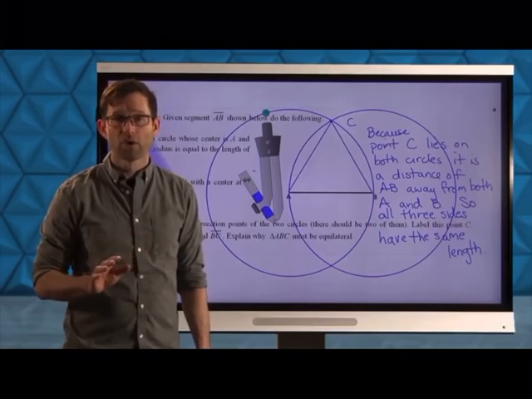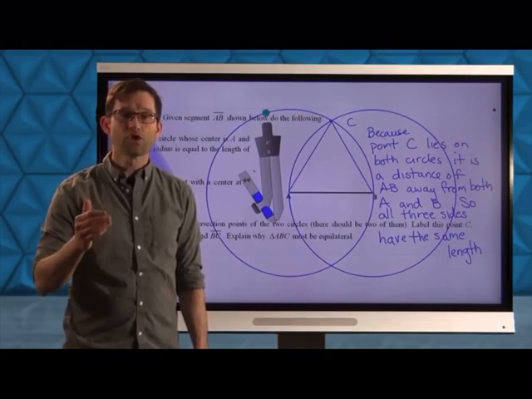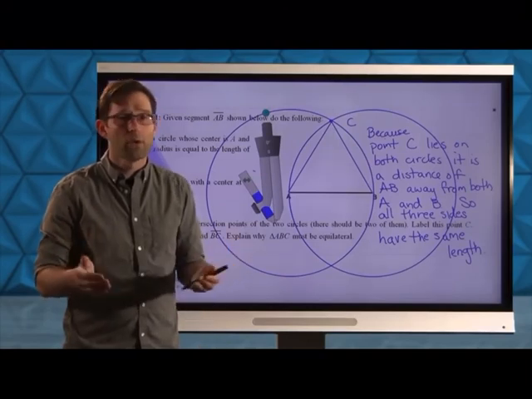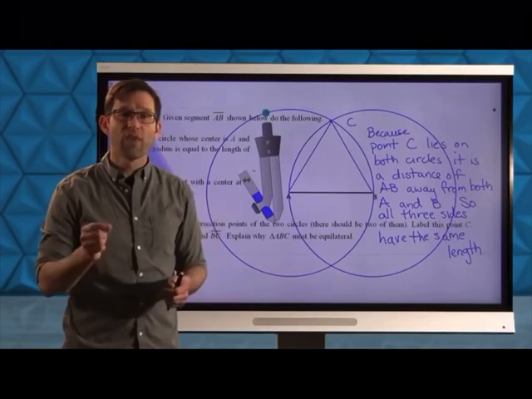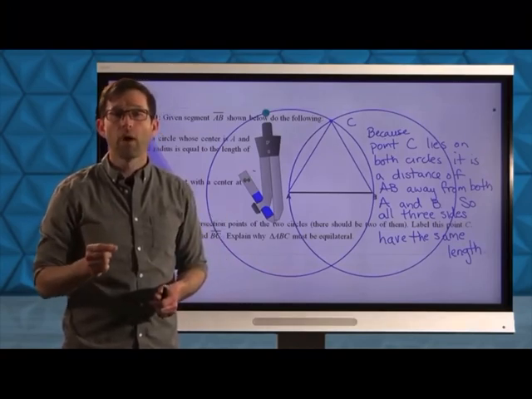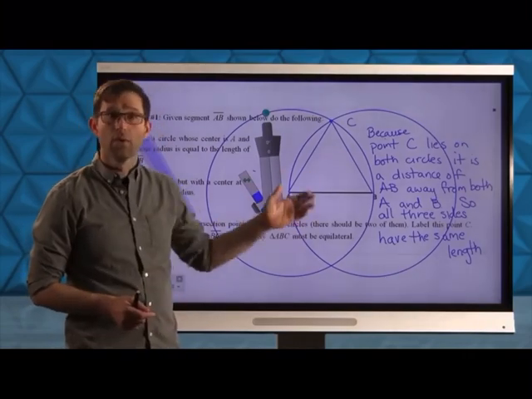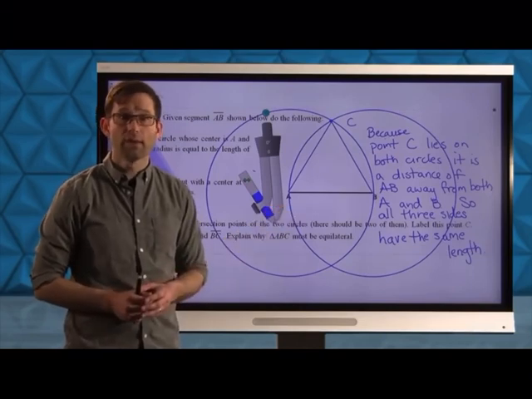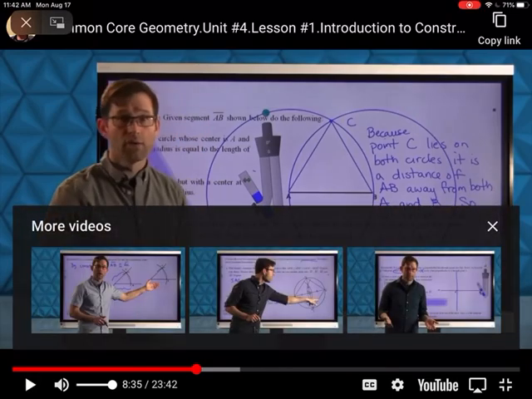And keep that in mind all the time when you're doing constructions. It's another reason why you should never erase your construction marks, because it's in the construction marks themselves that teachers or whoever is looking at your standardized exam or test, it's through those marks that they will know whether or not you understand how to do the construction. All right? But constructing an equilateral triangle, which is the first one that we're doing, and it's this one, is actually quite easy. And again, you did that back in Unit 1. Let's go on and